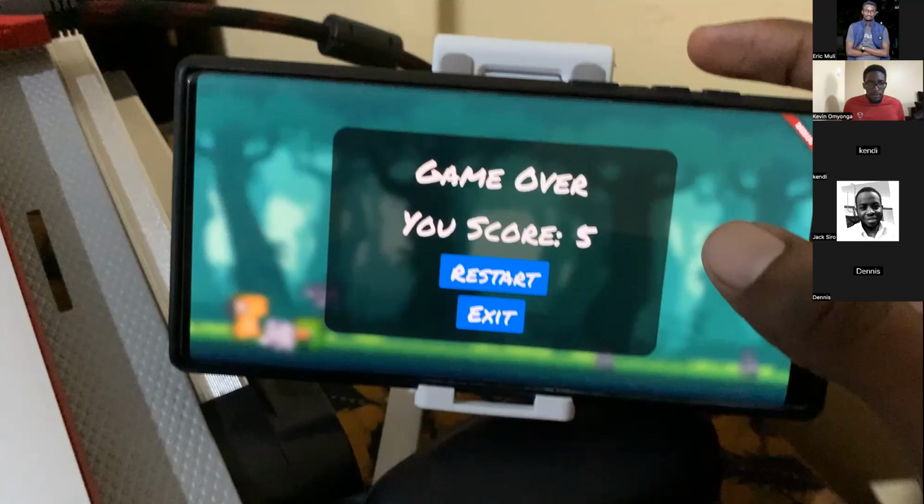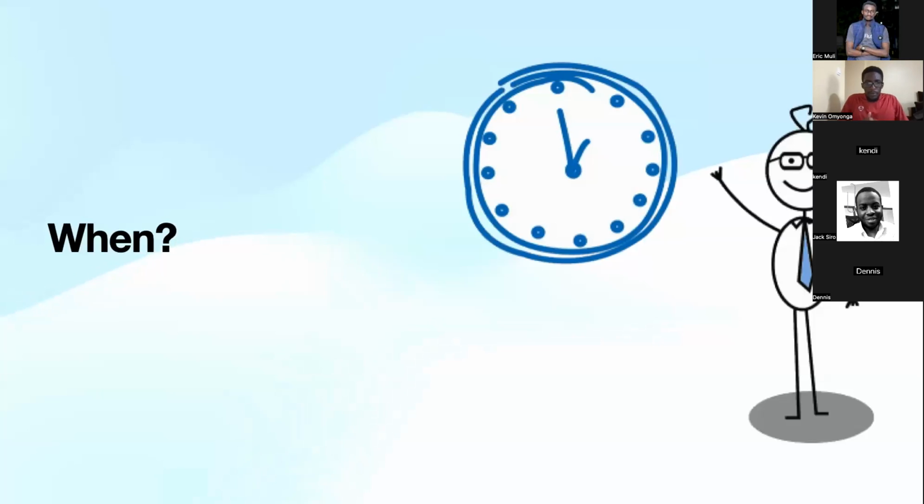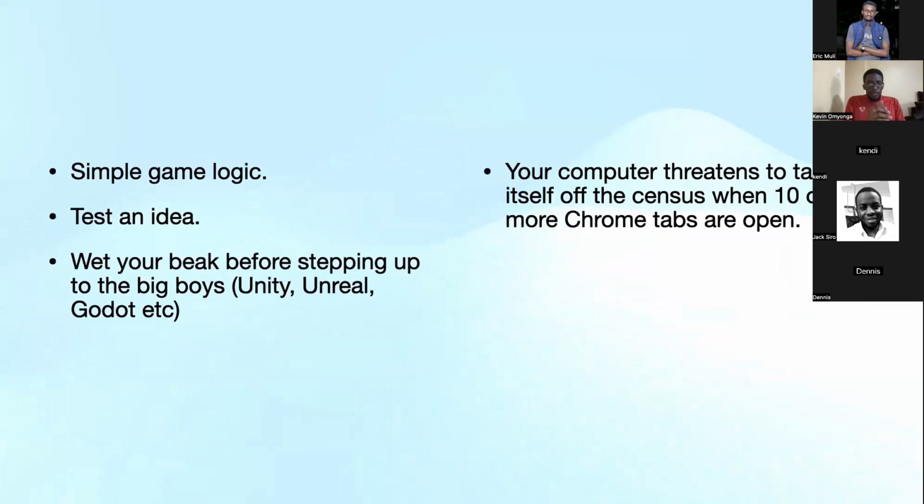All right. So when would be appropriate to actually use Flutter with the Flame engine to make a game? I'd recommend this approach if your game logic is simple, because there are certain things that I have to admit Unity, Unreal, Godot, they all just do better because they're designed to make certain aspects of game development easier.